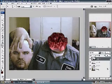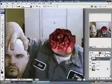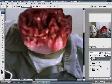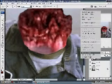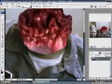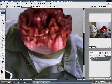Now, as far as the blending in between the neck and the fake part, we're going to go ahead and blend this. We're going to right-click, merge down. Right-click, merge down, or you can just merge them all together. There you go. It's good enough. Once you do that, you're gonna